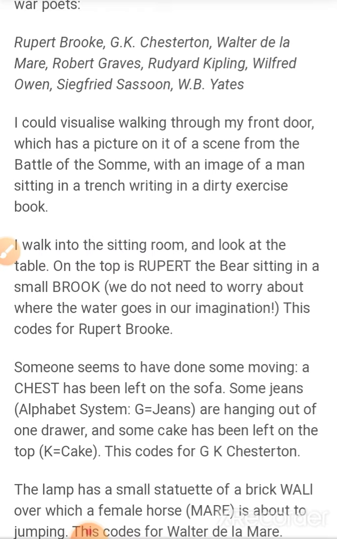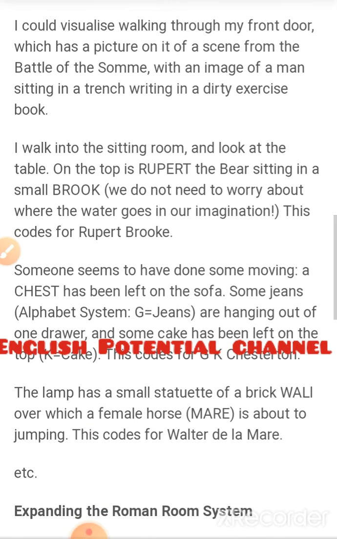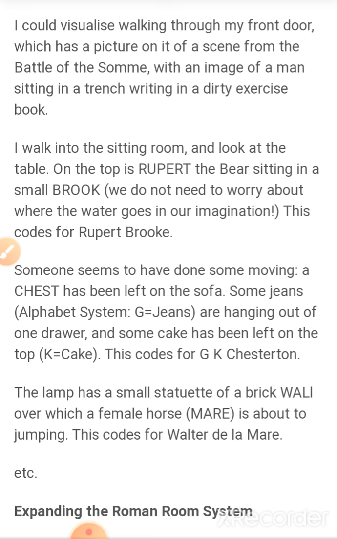Some jeans, alphabet system G jeans, are hanging out of one drawer, and some cake has been left on the top. This stands for G.K. Chesterton. The lamp has a small statue of a brick wall over which a female horse, a mare, is about to jump. This stands for Walter de la Mare,